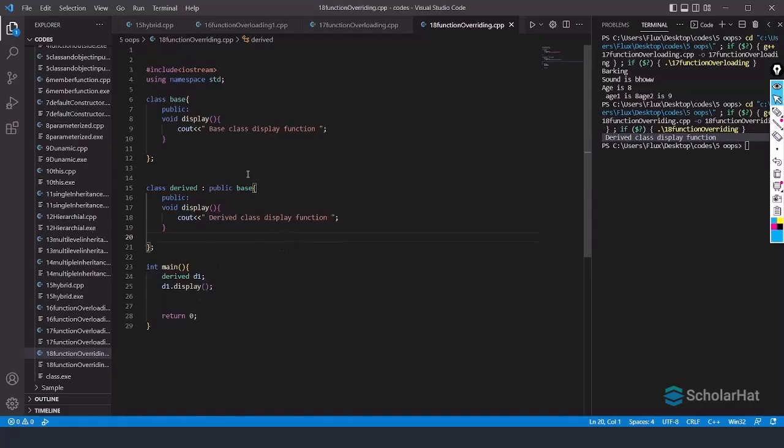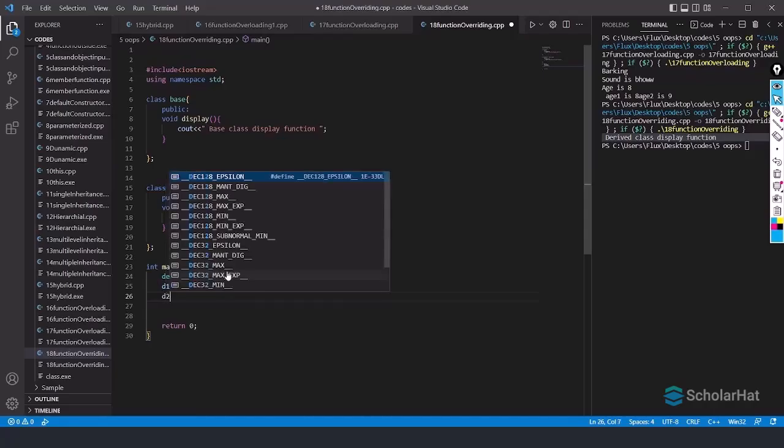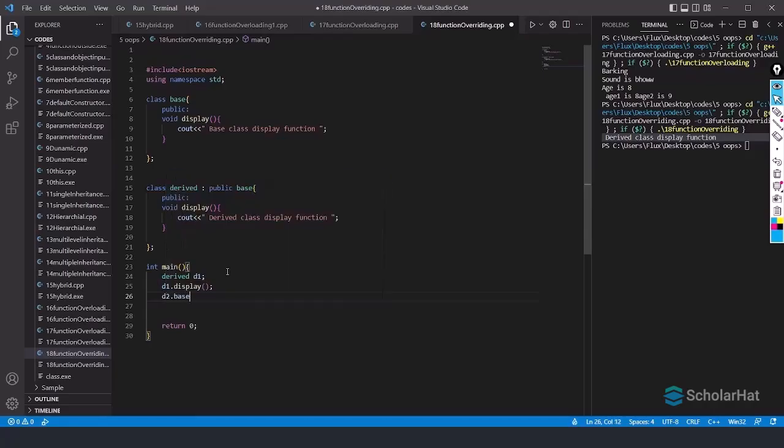Now if I want to call this above display function, then what I have to use is, let's see, the object d2 dot Base, and I have to use the scope resolution operator. When I use double colon, that is what is called the scope resolution operator. And I'll call that function display. So here I'll create one more object, d2.